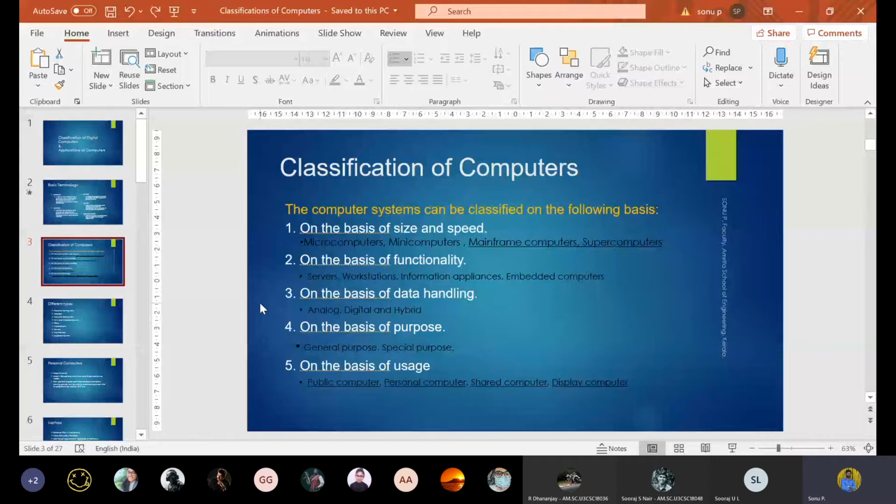But mainframe computers are the server computers. That's why we are all now familiar with different servers. Millions of requests are coming per second or unit time, so to handle that number of requests from clients, we need that much capability in the computer. So there will be a secure room.